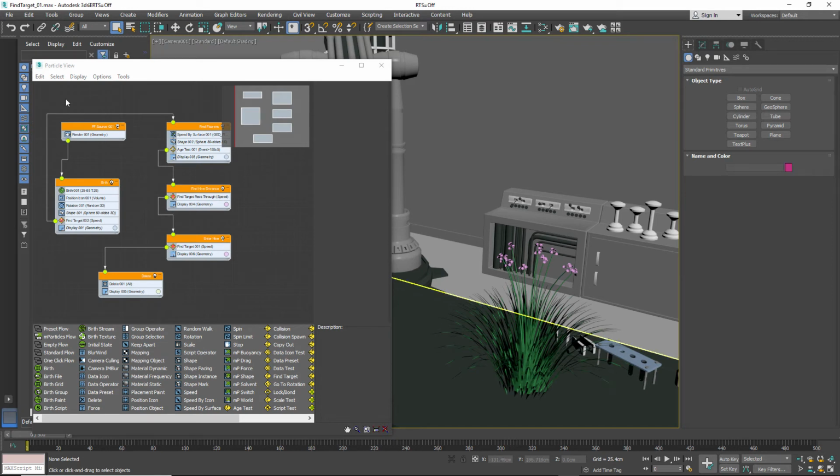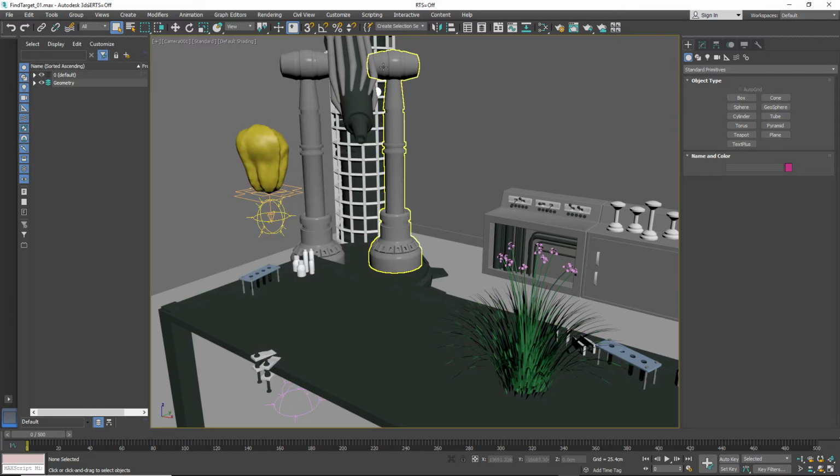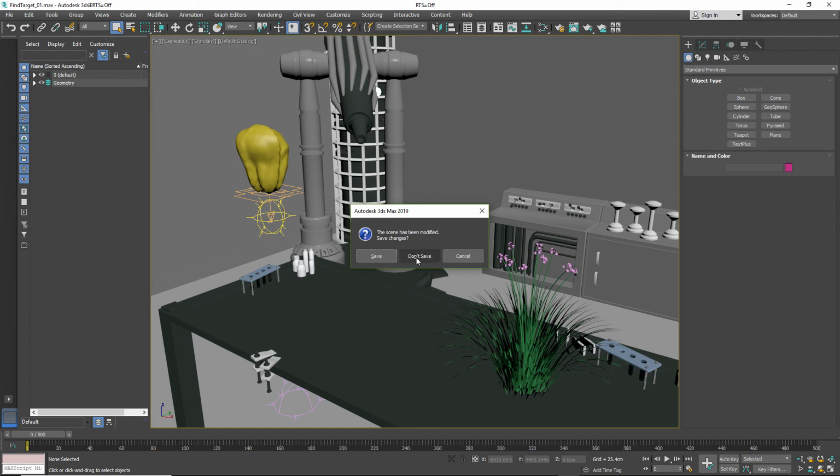As a word of warning, some Autodesk documentation suggests that using the Downstreams option here is enough to accomplish what we want. That has never produced a usable flow that could be imported into any scene in my test though, and so whilst you may want to give that a try, I would be loath to rely on that approach in a production situation. Having run through those steps then, if I reset Max now,